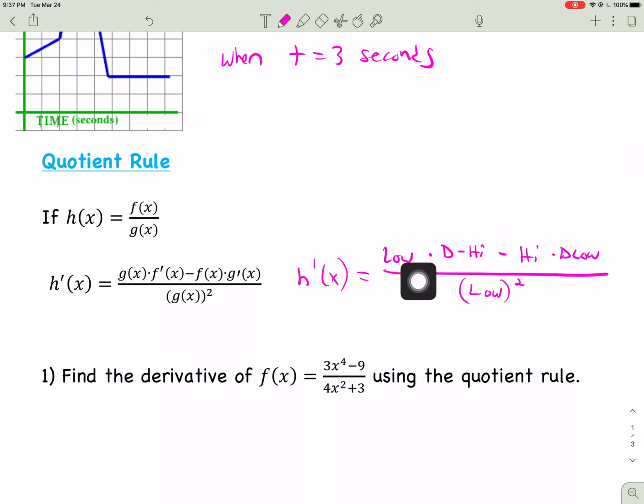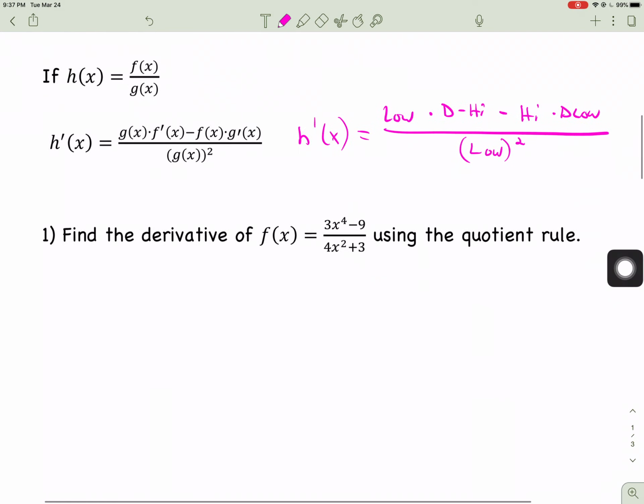So we say, and it's kind of catchy, low d high minus high d low over low squared, which means the denominator times the derivative of the numerator minus the numerator times the derivative of the denominator over the denominator squared. And you'll hear me say this throughout the lesson, and I'd say it a lot if we were in school too. Low d high minus high d low over low squared. So looking here,